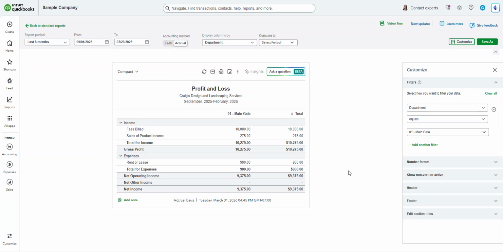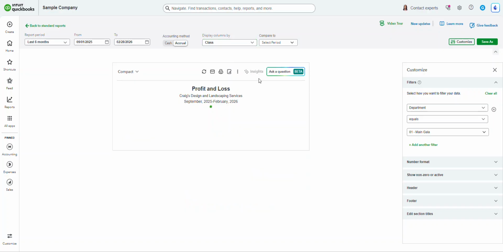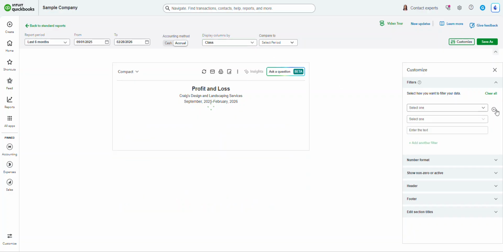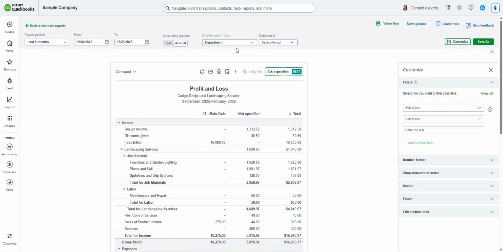So the last thing I want to show you, and just as a kind of a reminder run through here, we were showing that we can pull a P&L in QuickBooks several different ways with the same data to be able to meet the different audiences that you might want to see. For example, we have one here that goes by class, one that goes by department, which we're using class for grants and we're using